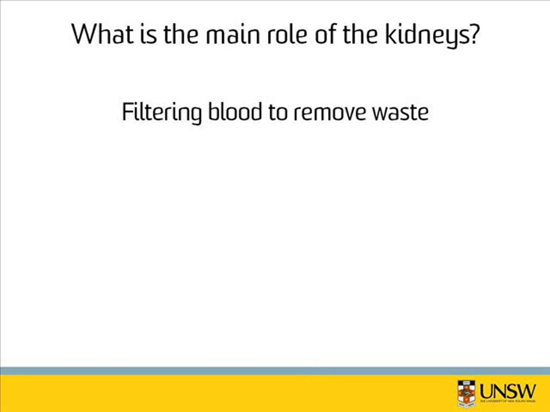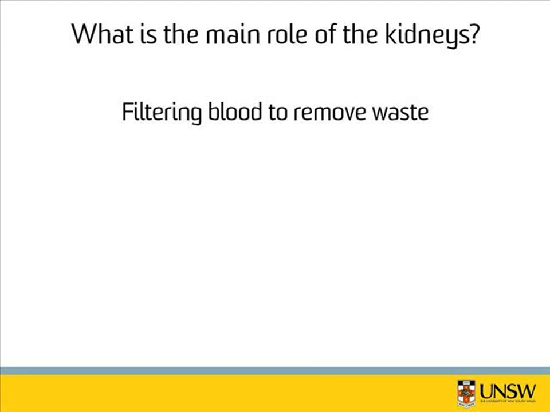Filters the blood. Excellent. That'll do. And so it filters the blood. So when it filters the blood, what does it do? It takes out nitrogenous wastes. Excellent. And where does the waste go? Into the toilet. That's right. So it goes out in the urine. Okay, fantastic. So when we think about the kidneys, the first role we think about is filtering the blood